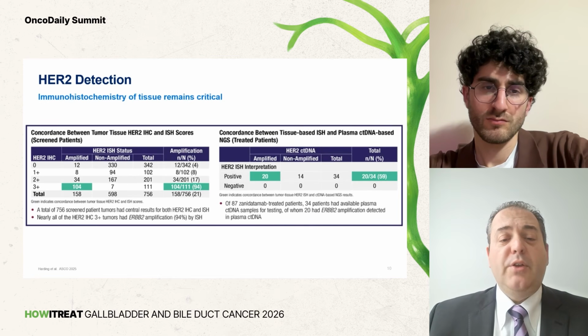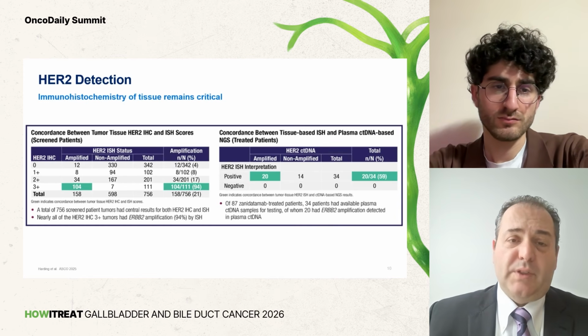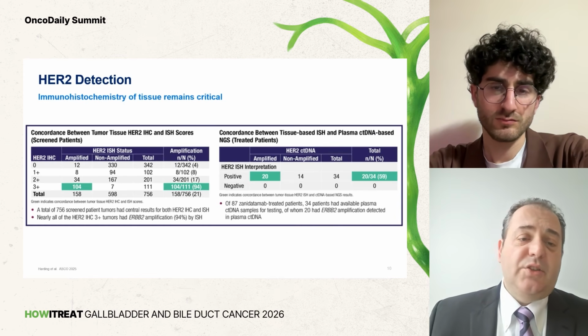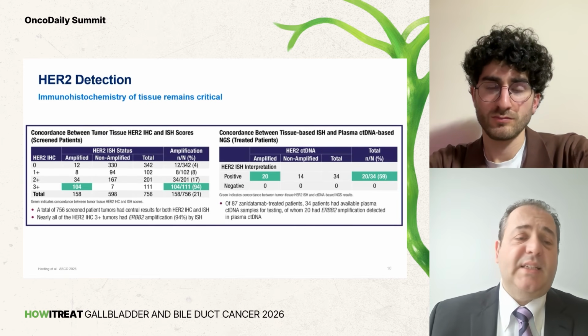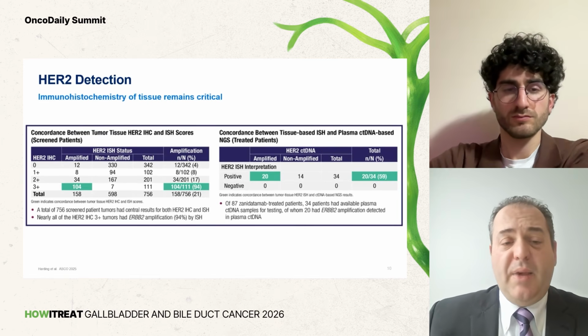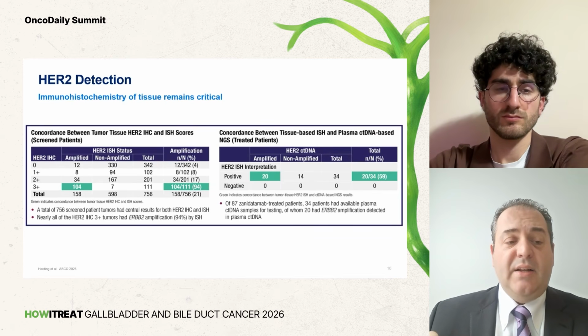Here I'm showing you our screening analysis, where we looked at 756 patients over the course of the study. Patients submitted tissue and locally were tested for amplification by an ISH assay, followed by an immunohistochemical assay. And the key punchline is that for HER2 IHC3+,